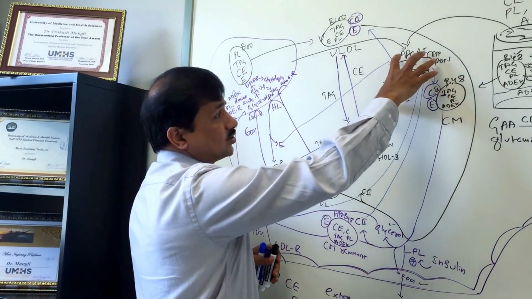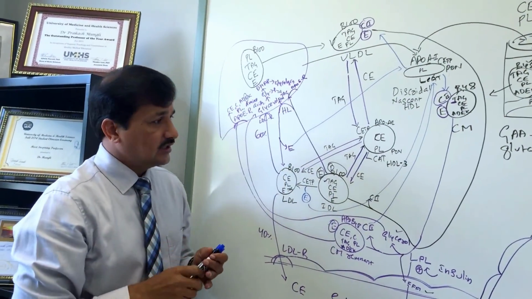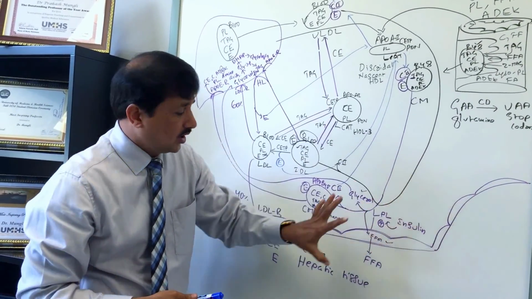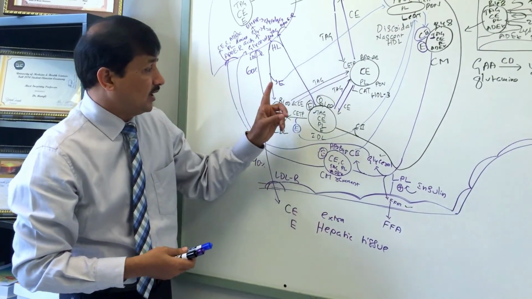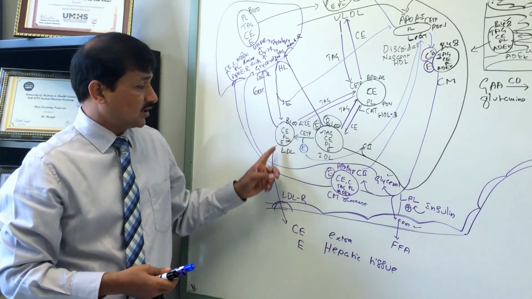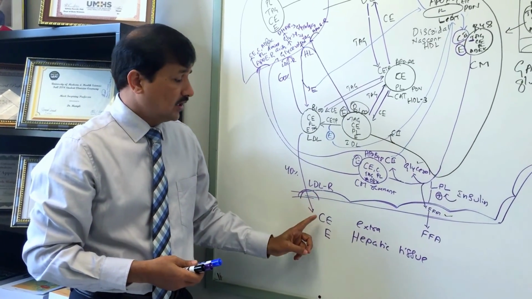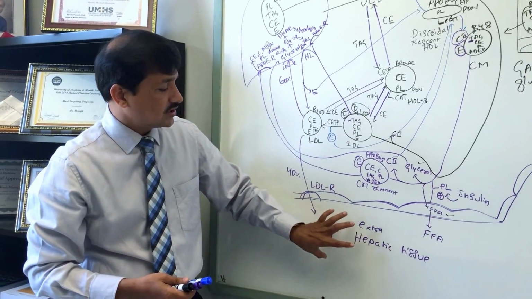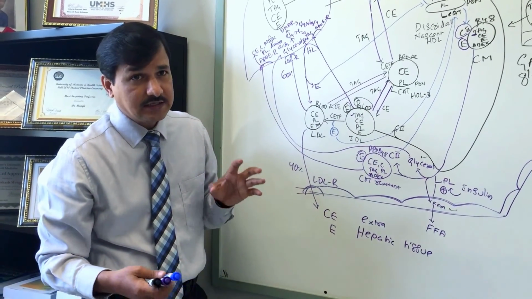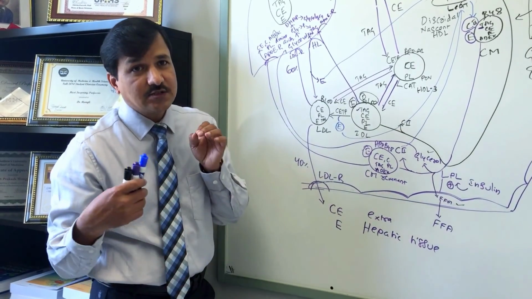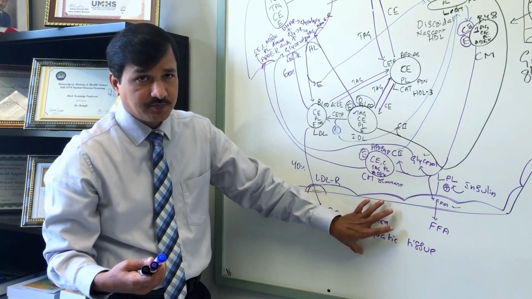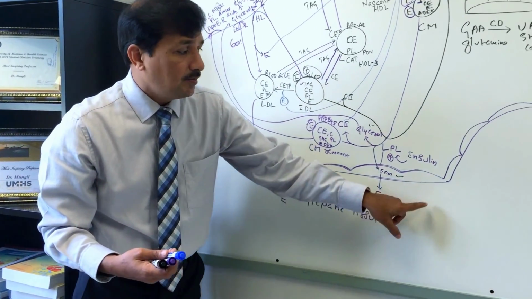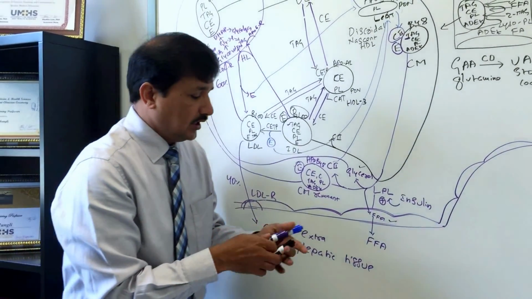Let's see what happens to nascent discoidal HDL. This nascent discoidal HDL is going to get cholesterol from peripheral tissue. Now here is your peripheral tissue. What we have seen, peripheral tissue takes LDL from circulation by LDL receptor, and cholesterol ester along with vitamin E reaches the peripheral tissue. Peripheral tissue uses that cholesterol ester for whatever the needs of that tissue. Just in case there is plenty of cholesterol in the peripheral tissue, they will decrease expression of LDL receptor on the surface, and also they are going to pump out that extra cholesterol into the circulation.